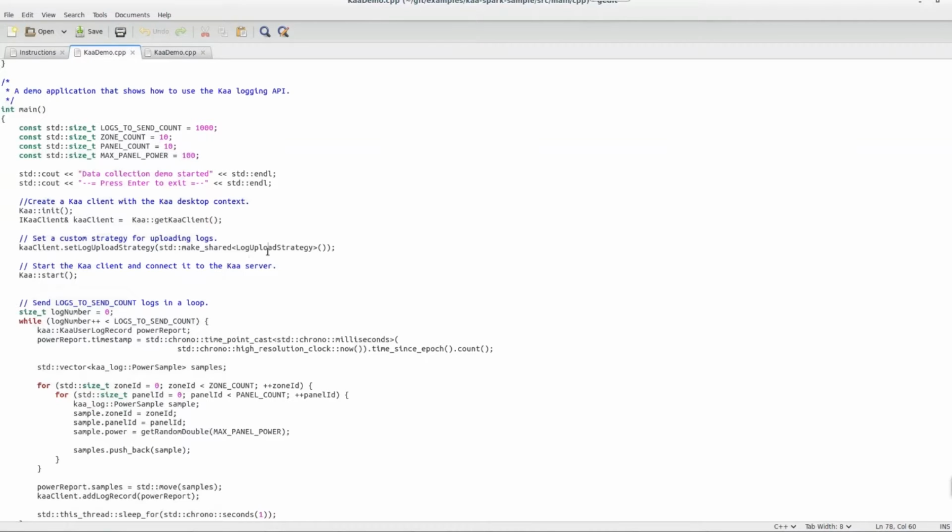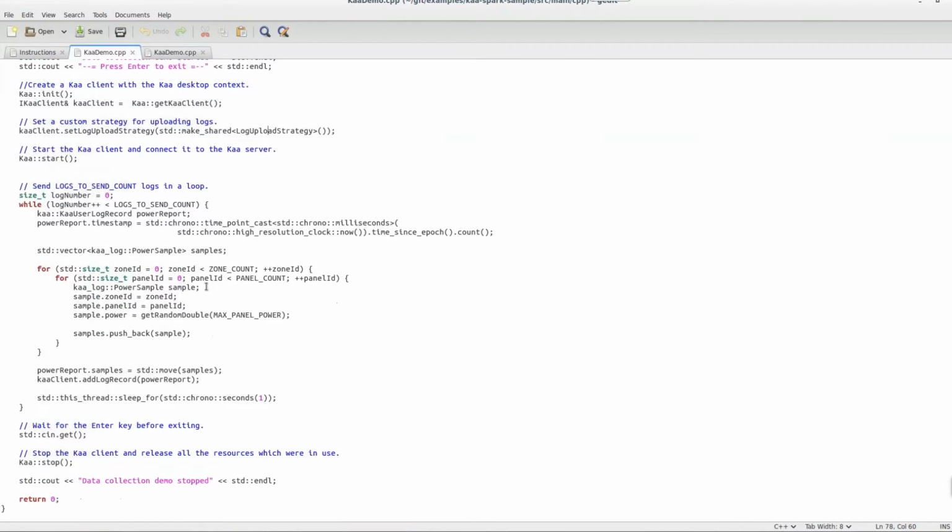For example, I want to upload logs when there are at least 10 records, or I want to upload logs as soon as they arrive, or I want to upload logs every 10 minutes, etc. An important thing to notice here is that we have Power Sample and Power Record